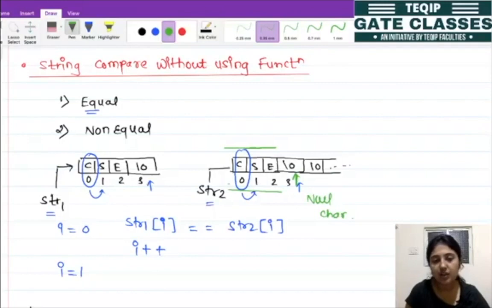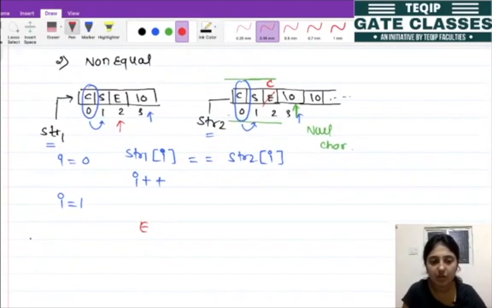So we continue whenever we are getting equal characters at equal index places. But whenever we get a different character, let's say suppose instead of E here, maybe the user's string contains C. When our control comes here for the ith value, it compares this letter E with C. So this condition becomes false.